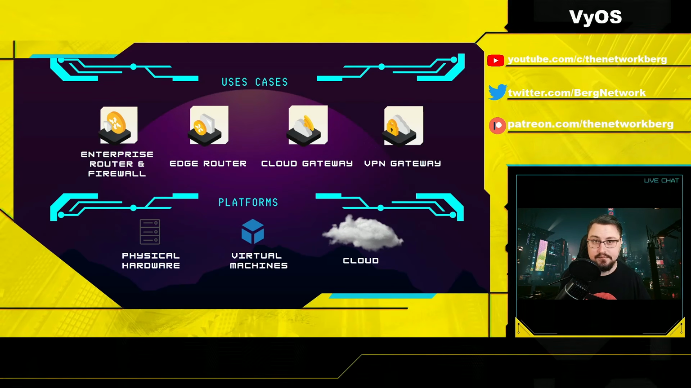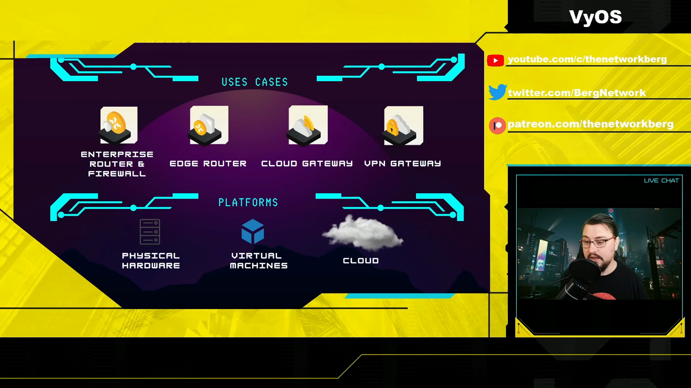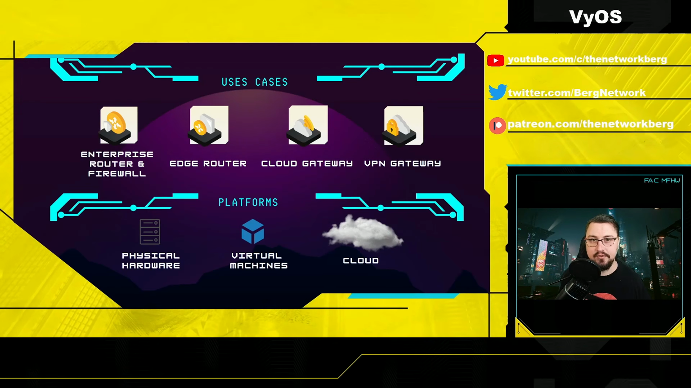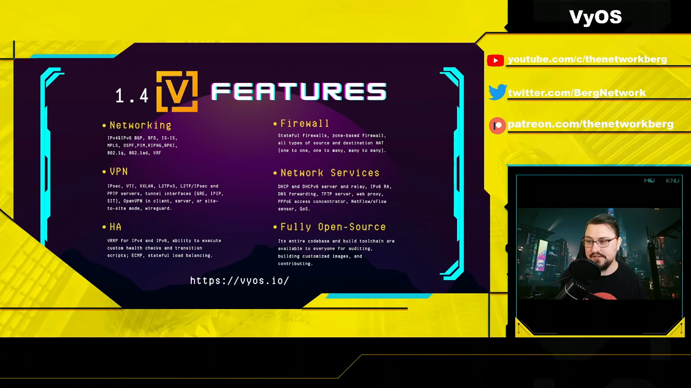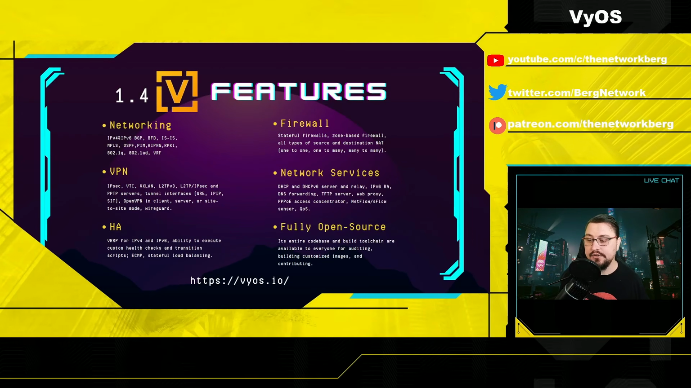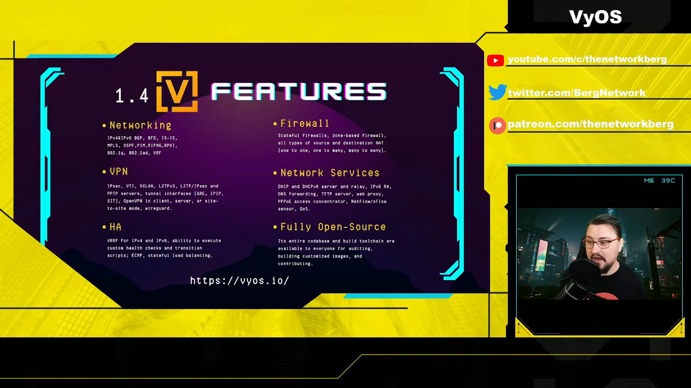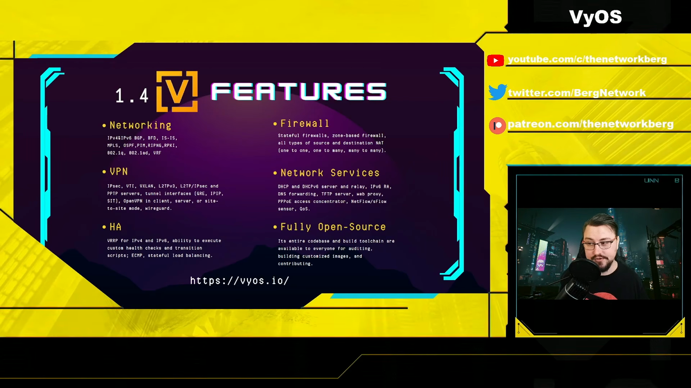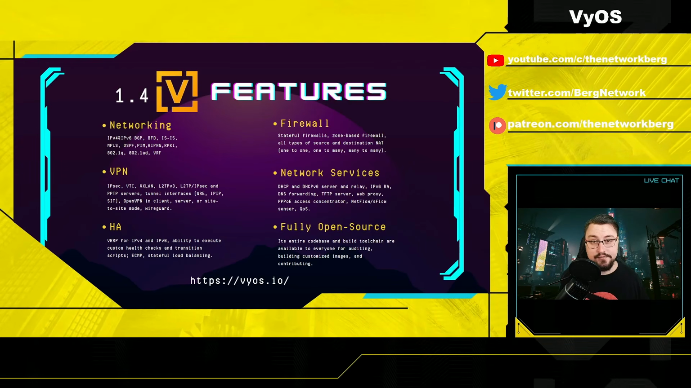Now, the platforms, like I said, it's AMD 64, but you can load this onto physical hardware. You can run this on a virtual machine, or you can deploy it to the cloud as well. So this can be on Azure and AWS. Now features, this is very feature rich. I actually recommend that you go onto the VyOS.io website and read through all of the features yourself, but in essence you gain a wide scope of networking features, firewalling features, VPN, network services, HA, and it is fully open